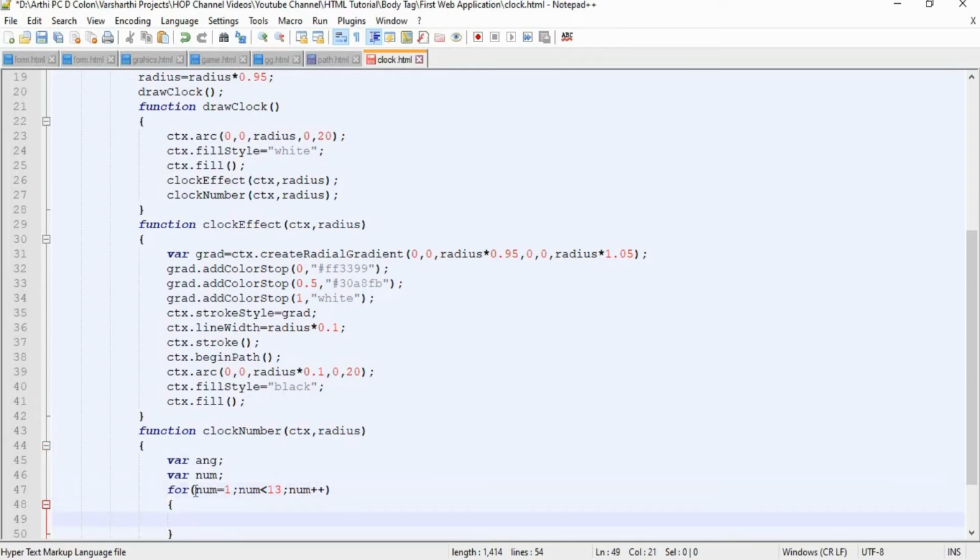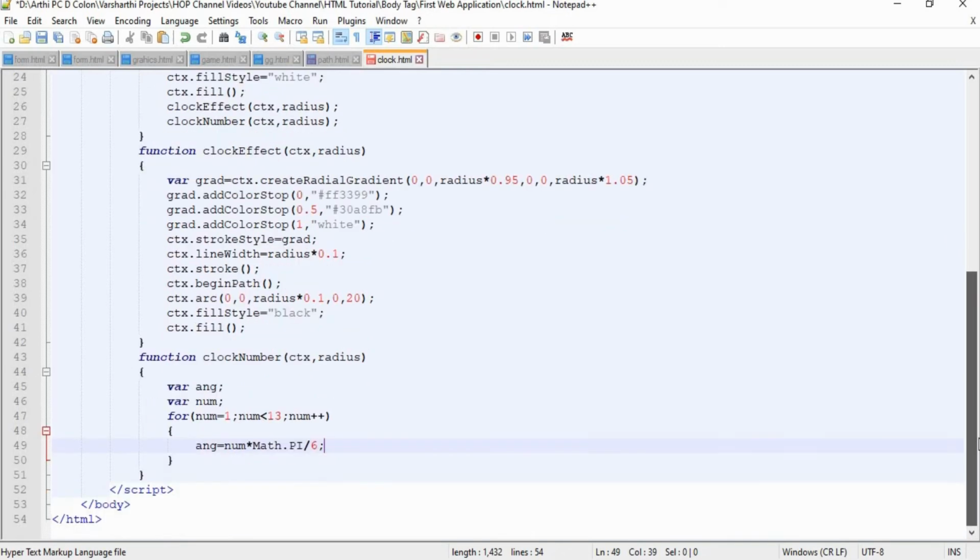What we have to do inside it is calculate the value for positioning the numbers. So here angle is equal to number into pi divided by 6. Why we are dividing it by 6 is, in our clock it is a circle, right? If we place 12 here, we have to place 6 here.